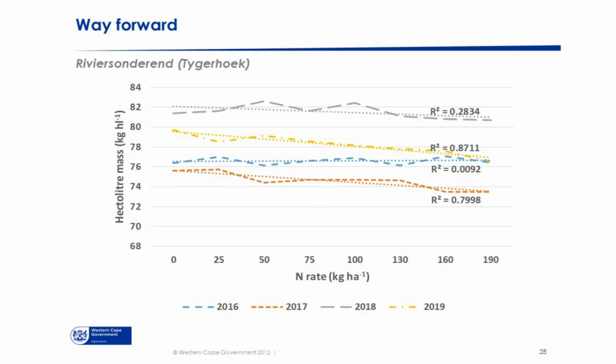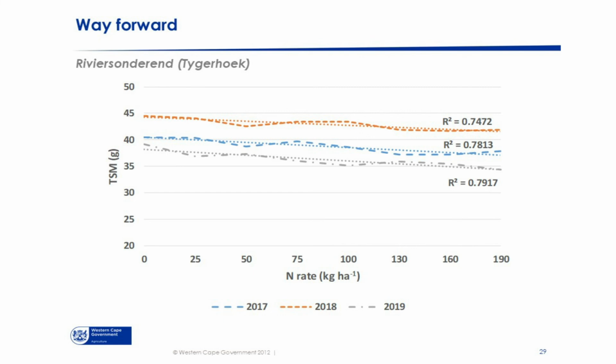So at lower levels of nitrogen, you're at a rate in a zone where downgrading can be possible. The hectoliter mass is not really a problem, because there's a decrease in hectoliter mass as the rate of nitrogen top dress increased. And then we also look at the 1,000 kernel mass. It's the same situation, but I can just say the reduction here can also be because we have, in most cases, not had as good September rains as generally experienced in the previous decade or so.